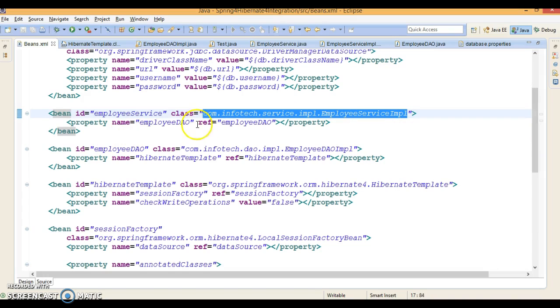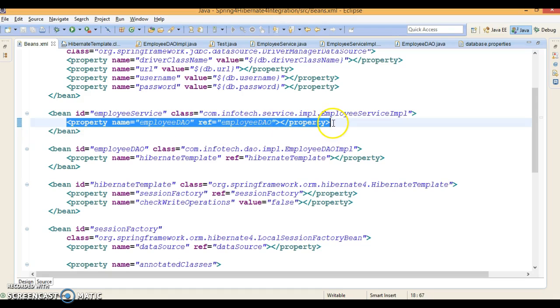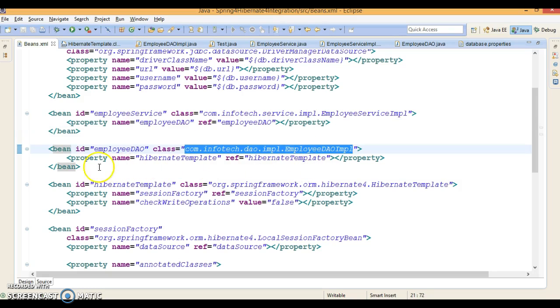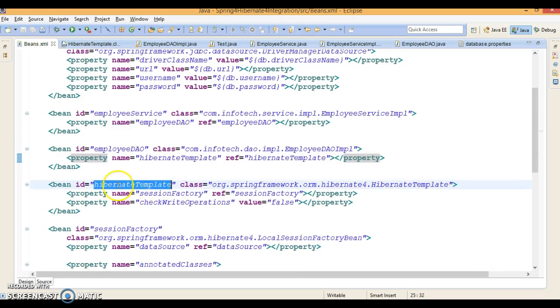Similarly, next we have configured our EmployeeServiceImpl as a Spring bean, and there I have an employee DAO reference, which I have declared over here. I am injecting it using setter based dependency injection. And finally EmployeeDaoImpl, where we are using Hibernate template, so I have applied setter based dependency there, and here I have configured Hibernate template, which asks you to supply the session factory as well as one of the properties called checkWriteOperations when you integrate Spring with Hibernate 4, right?